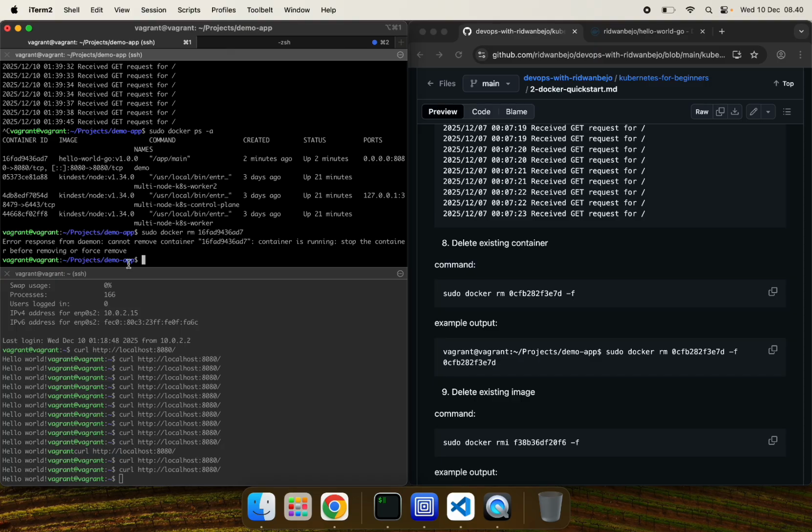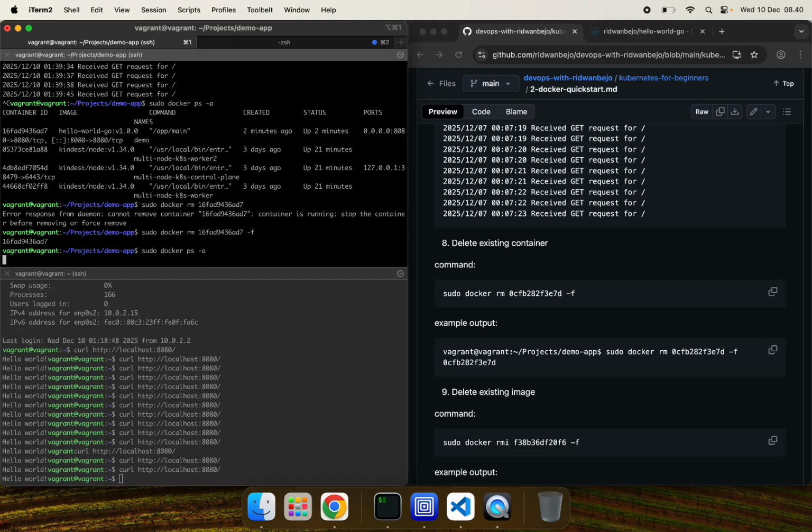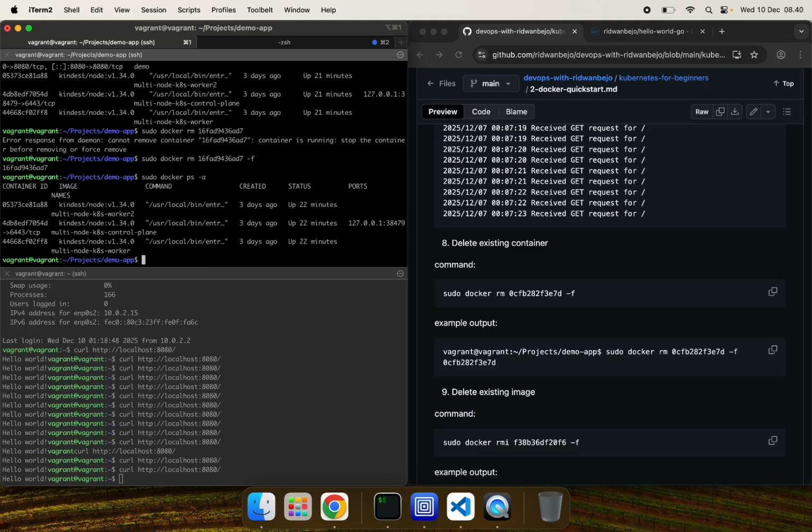It means we need to stop the container first, but that's not very convenient. So if you think the container is safe to be deleted by force, you can specify -f, so it will delete your container. Let's check again. Now the container named demo no longer exists on our host.